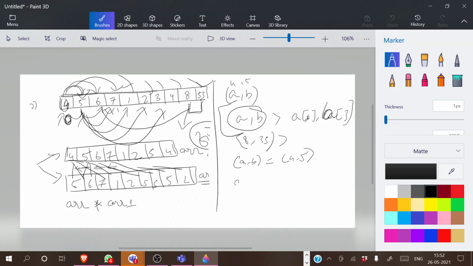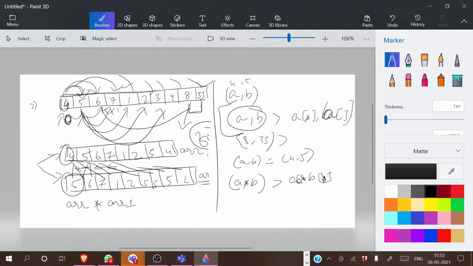In the first step, it will be checking whether a into b is less than a into b, because in the first step itself the value is the same. So this will be equal to a and b. I'm sorry, this is index 0 comma 0, correct? The a comma 0 is this particular index, and b comma 0 is this particular index.